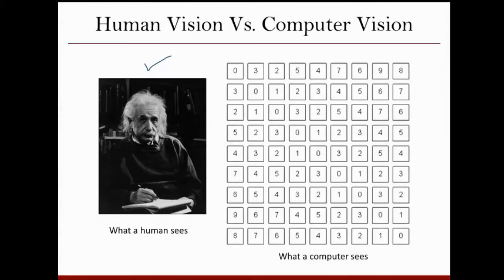Take the image that I'm showing here. It's a grayscale image where every pixel, every component of the image, is represented with a number which tells the illumination or the intensity in this image. Since we have a grid structure in the image, and you represent the intensity of every pixel by a value, you get a 2D grid. So for the computer, every pixel is a value, and when you put those pixels together, it becomes a matrix. So whatever input you give, for the computer it is a matrix.